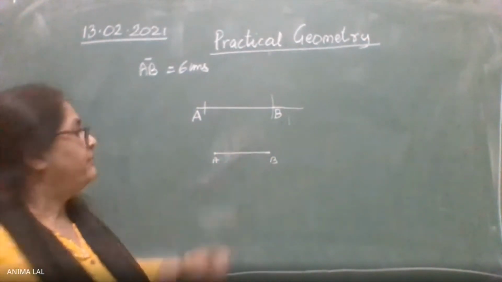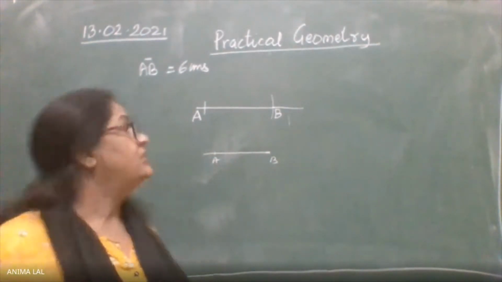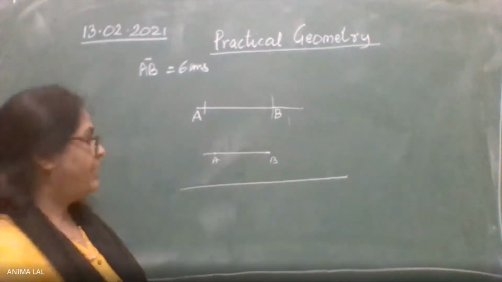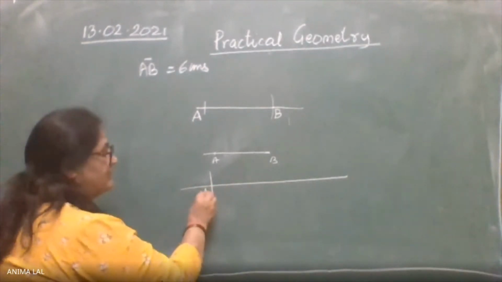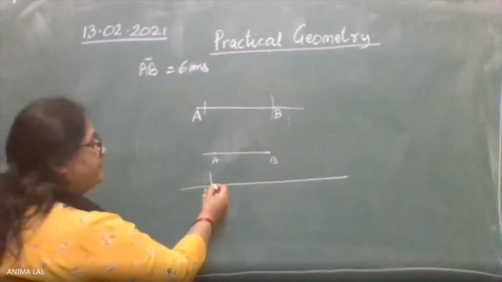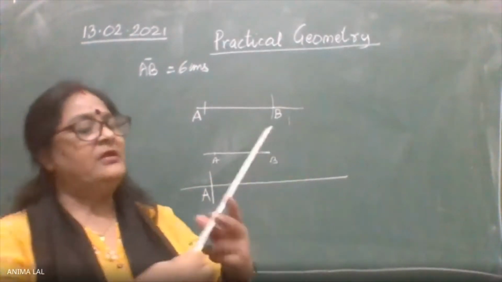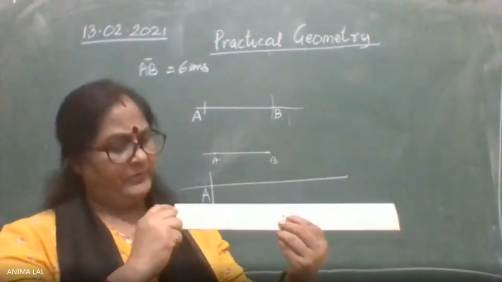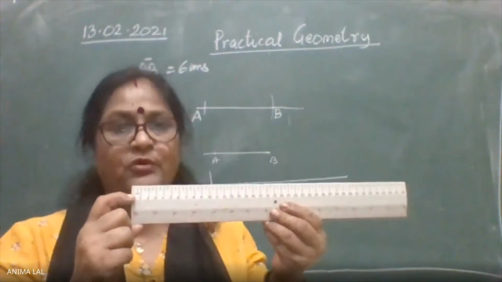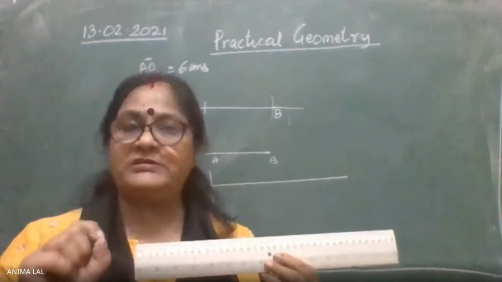The endpoint of it is not accurate. When you're putting a compass point, it may change. So it's always better first to draw a straight line using your ruler, mark a point A out here with your ruler and your pencil, measure 6 centimeters, put the point at A. We always start with 0. The compass point must be at 0. Then increase it slowly so that it reaches 6. Pencil point, remember, should be sharpened.